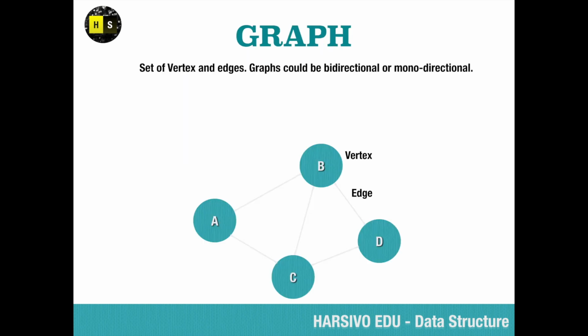The next data structure we want to look into is the graph. Graph is a set of vertices and edges. So these are vertices and they are connected by edges. We have A, B, C, D. These are the vertices, and these A, B, C, D vertices are connected by these edges. A graph could be bidirectional or monodirectional. Over here we have not shown any direction. If you show a direction from A to B, then it would be a